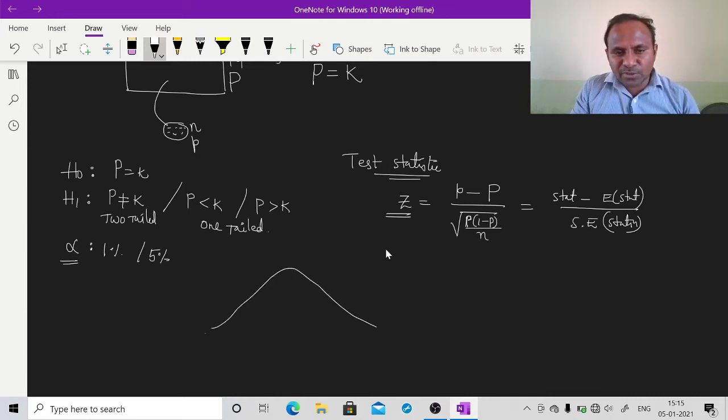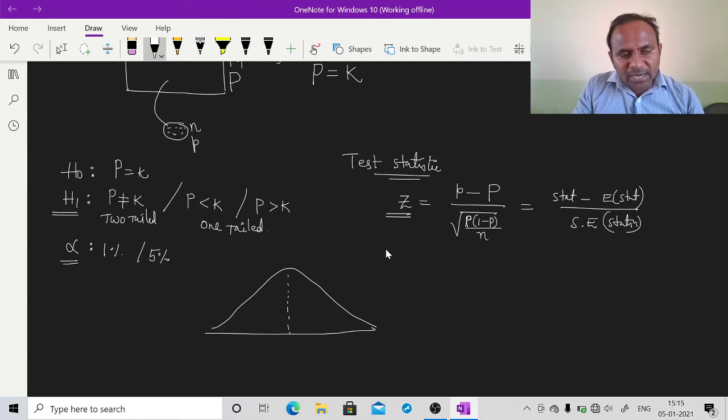Suppose a normal distribution; it is following normal distribution because you are looking at the large sample theory. The statistic will always follow normal distribution. Suppose you have selected the alternative hypothesis of not equal to type. So you must use a two-tailed test. I mean to say, in the two tails of the distribution, your alpha level, your p value will be placed